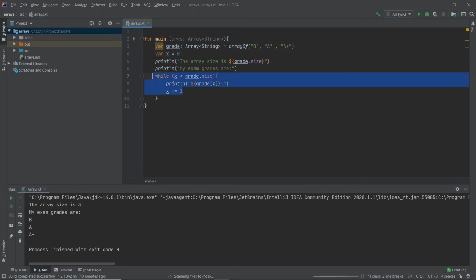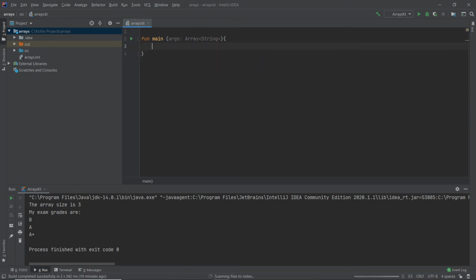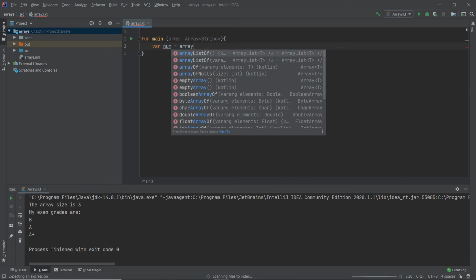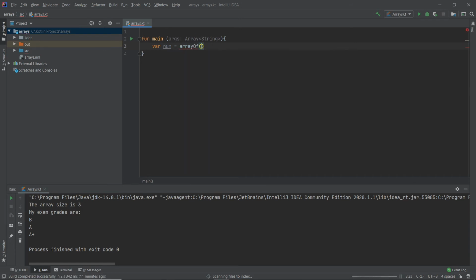So now let's clear all this and talk a little more about arrays. We can declare a variable of array without explicitly specifying the type. Let me create another array, and name it just num, equal to array of, and let me put some numbers inside. Yeah, fine. So I've created an array,